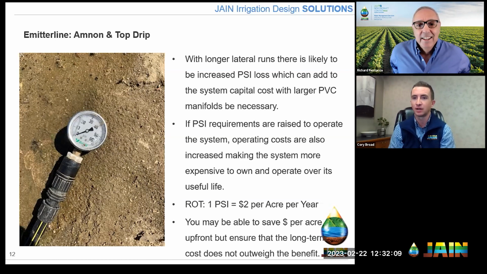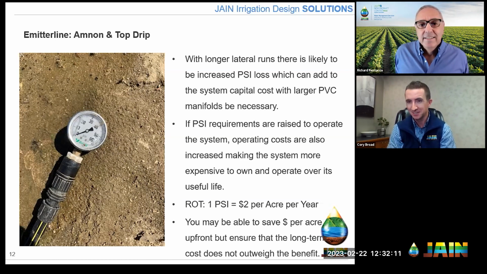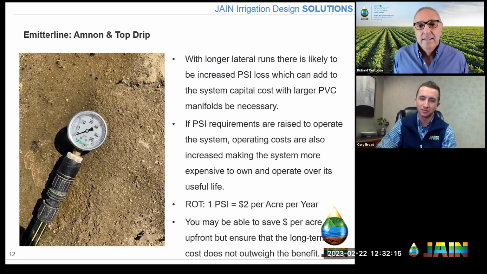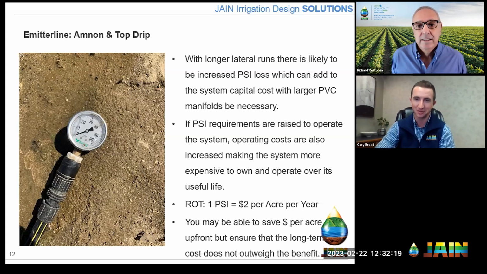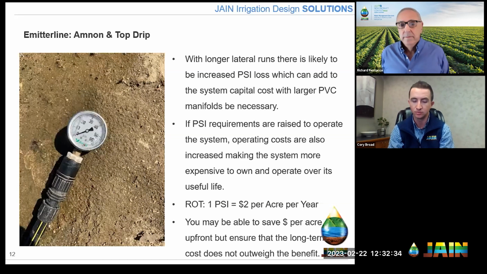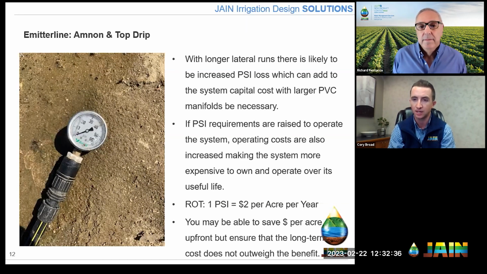But that's a very wide range of pressures. So if the system is normally running at 30 and you lose a few pounds of pressure going uphill, it's not a big deal. And then maybe you gain a few going back downhill, you're still kind of in there. That's really important for the designers to be able to spec and lay out the system so that these factors of elevation don't get in the way. But yeah, as long as you're within those two numbers on the high and the low,